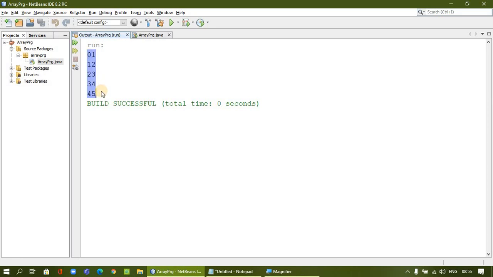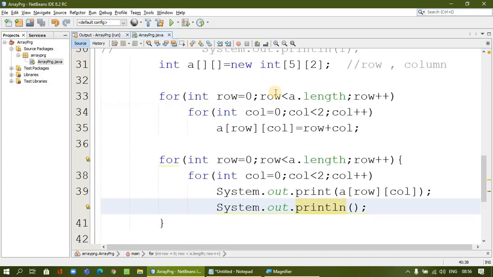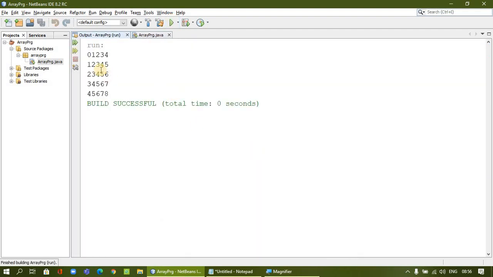Let's see here, adjust our column. Let's increase our column. For example, I will make a 5 cross 5 matrix. Okay, I will go up to 5. Let's see here, I will increase the column, so it will go up to the 5 cross 5 length. Okay, let's see the same thing. So it is printed like this, 5 values.